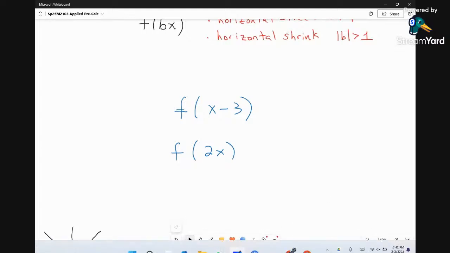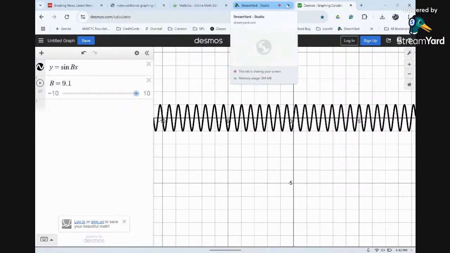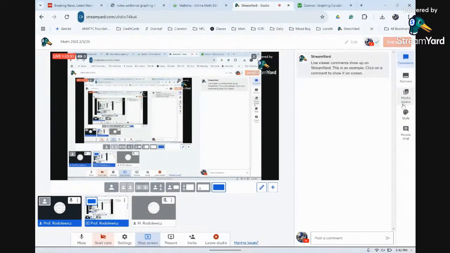So to me, everything inside the parentheses is effectively x. Everything outside the function is effectively y. So if you add a multiplier to the f